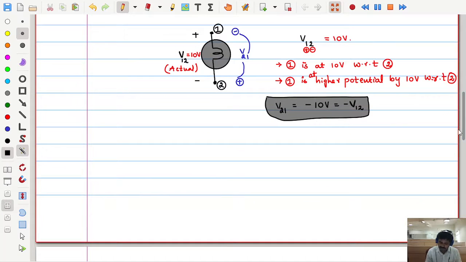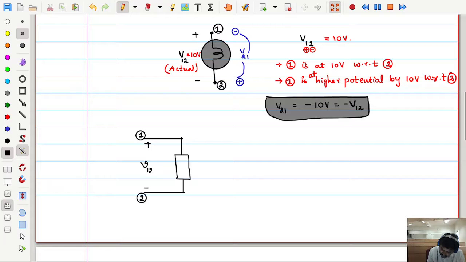And let us move on to the next point, that is power. In the last class we set a convention: if we have an element whose terminals are, let us say, 1 and 2, usually we take two-terminal elements, and the voltage across this element is V, where point 1 is positive with respect to 2, that means V12 is the voltage, V12 is equal to V. And if a current of I amperes is flowing through this element, then the power of this element is V into I, the product of voltage and current.